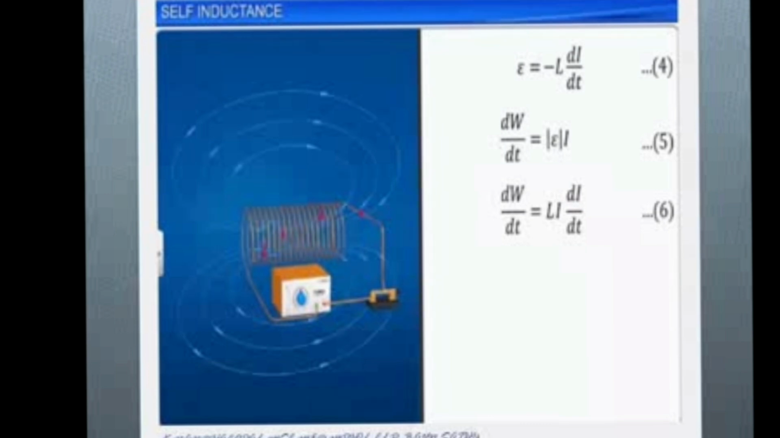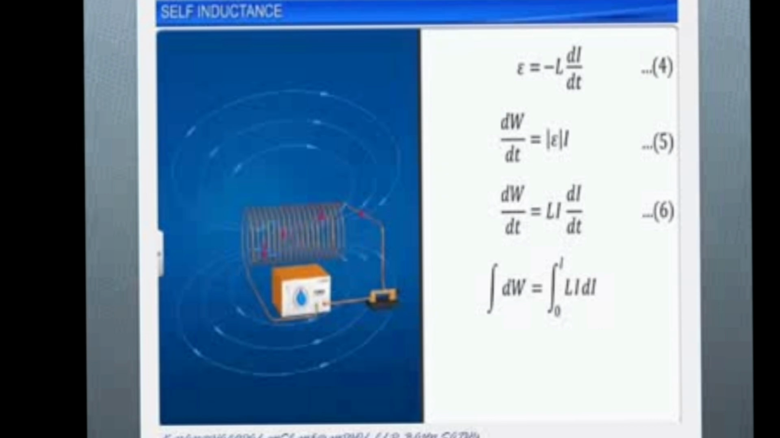The negative sign indicates the direction of the current flow. It is not necessary to write the negative sign here. So dW is here, and we have to get W. Integrating on both sides, dt cancels each other. So the integral of dW equals the integral of L i di from 0